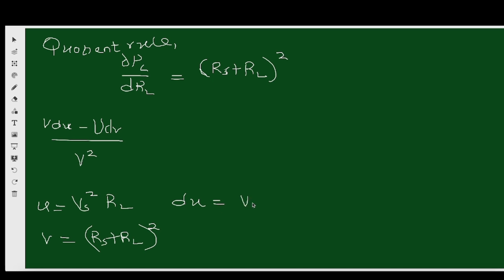It's equals to Vs squared dRL, right? And dV will be equals to what? If you differentiate with respect to RL, we have 2 into brackets Rs plus RL dRL. So basically we have V du dRL minus U dv dRL over V squared. So if you input that here, we have Rs plus RL squared multiplied by Vs squared